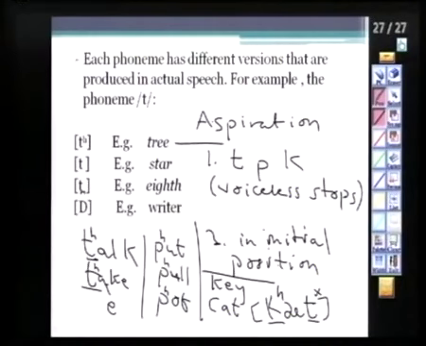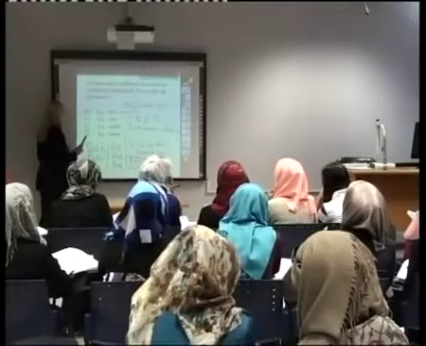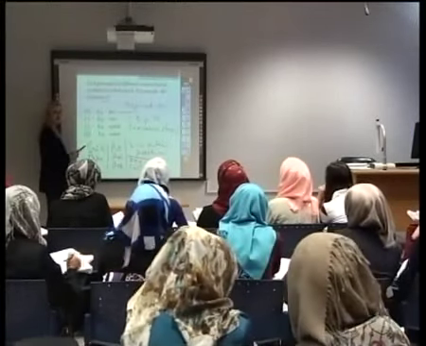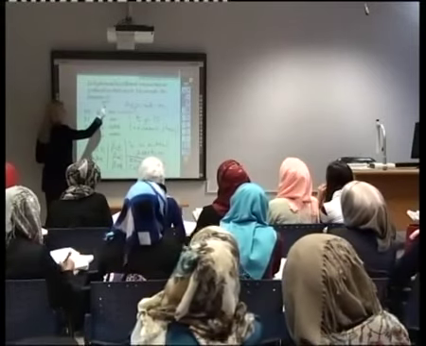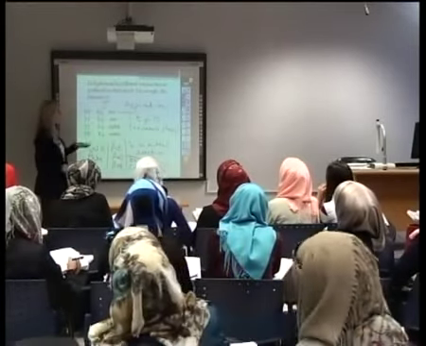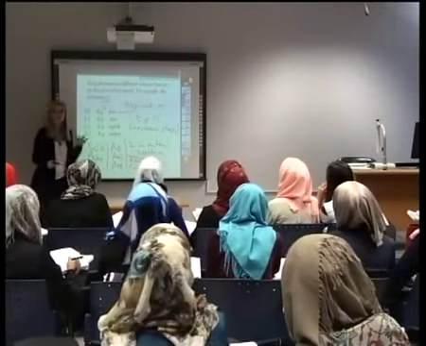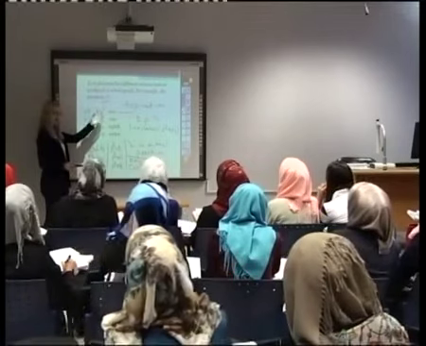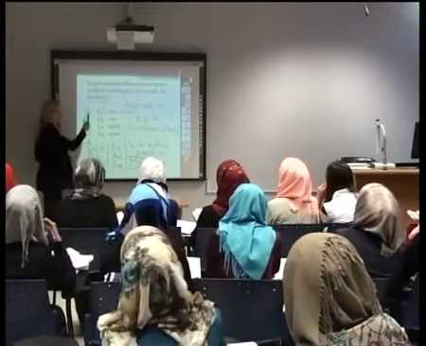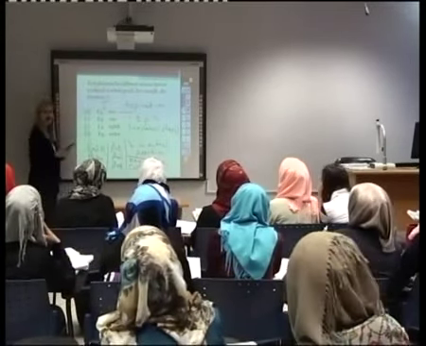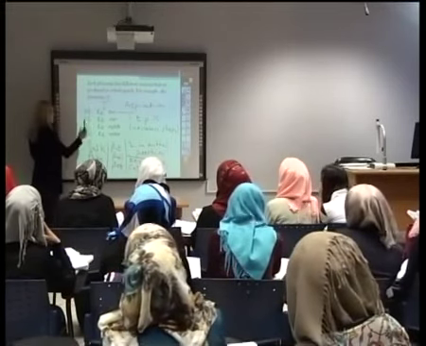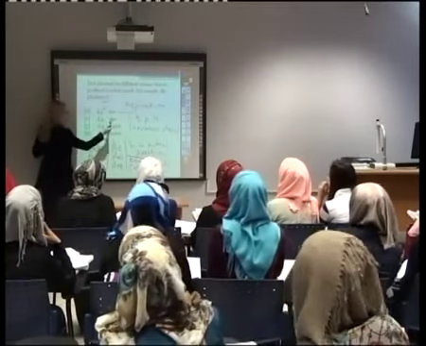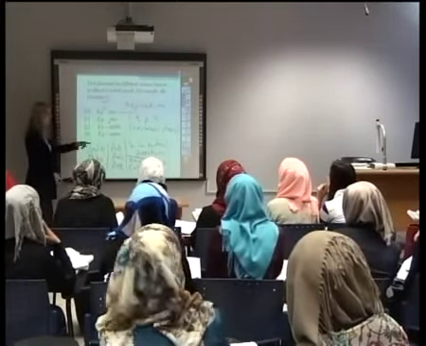My point, or let's say the main focus, wasn't about aspiration, but it was about the phoneme. We said the phoneme has different versions, and the different versions of that phoneme depend on the position of that sound in the word. For example, the sound ta: is it at the beginning of the English word? Then you have to aspirate it. This is how you pronounce it in actual speech. For example, the sound ta is going to be pronounced as normal ta because it's preceded by the sound sa. We can add this to aspiration.